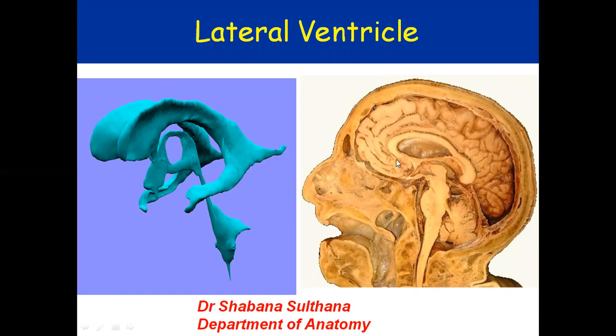Now, on this medial aspect of the brain, what is this structure you are observing? Yes, this is the corpus callosum: rostrum, genu, body, and splenium. In this section, we have the thalamus. Below this area is the midbrain. This is the pons. This is the medulla oblongata. The medulla oblongata is continuous with the spinal cord.